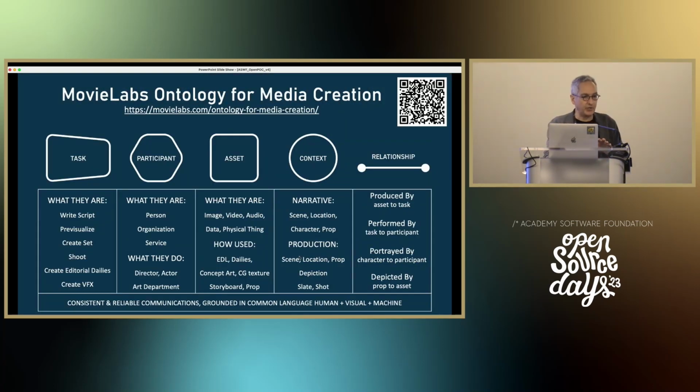We have this ontology. You see some shapes up there. You'll see some of those in some of the diagrams, in some of the subsequent slides. As I mentioned, we're currently doing a CG assets extension, but the reason we're talking about ontology as opposed to taxonomies is that it's the relationships. It's actually being able to connect all of these things, being able to connect things back to character, back to script, back to set and location. That we see as missing in some other metadata models. So hey, check it out. There's a QR code up there.